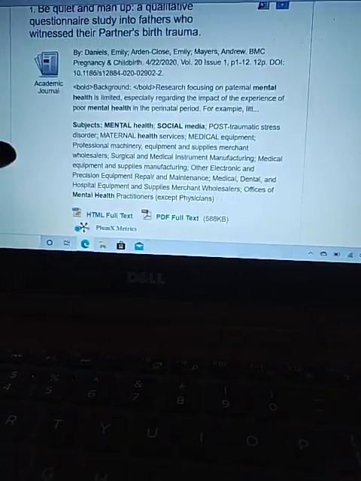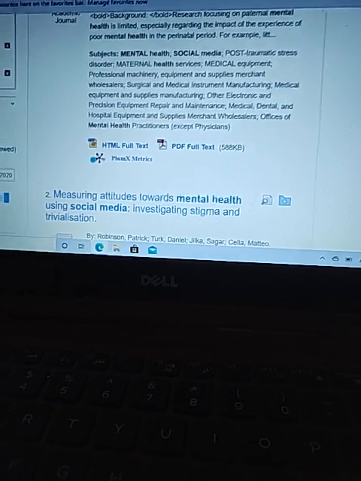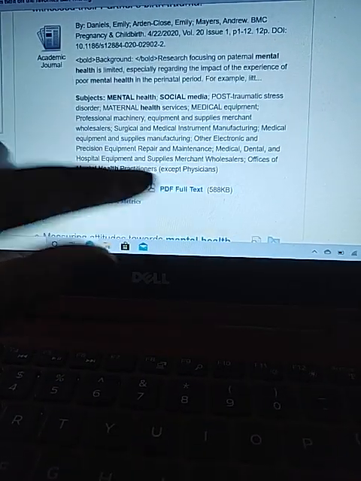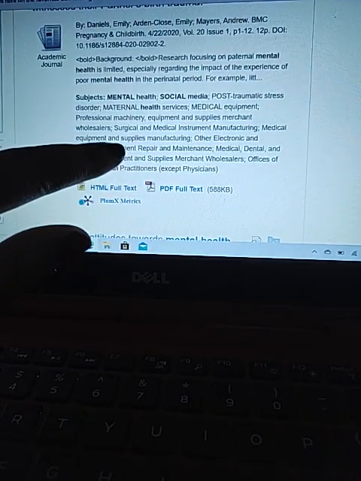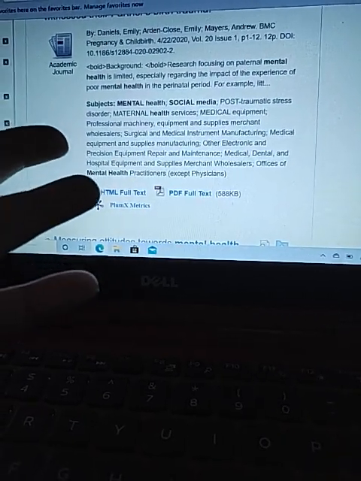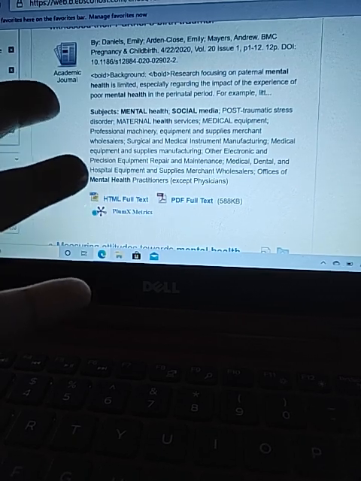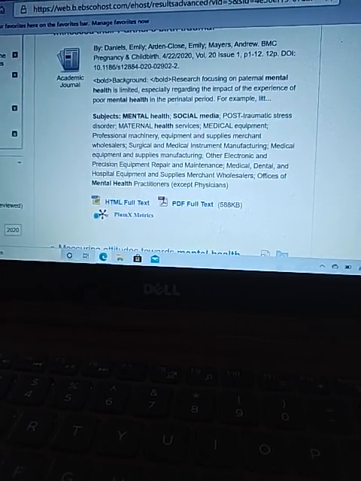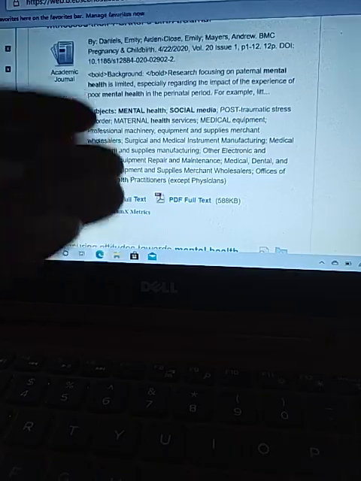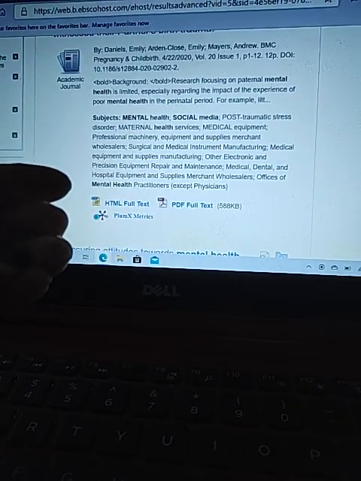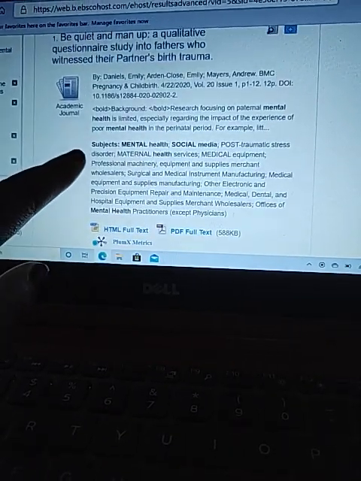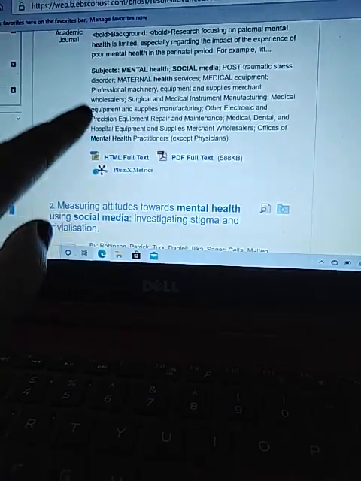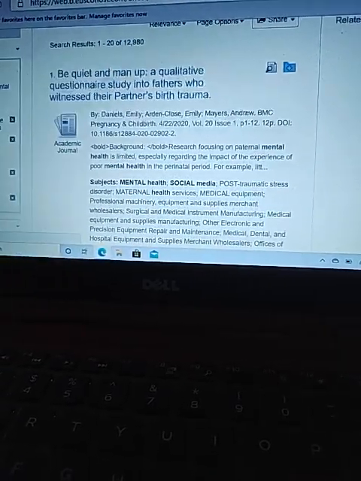For example, this article is 12 pages. We know because it says pages 1 through 12. That means this entire article is 12 pages. If you like researching, you like reading, you want to know about your topic, go ahead and read it. If you want to minimize your time looking for things, what I would suggest is that you read this section here. If you click on this,